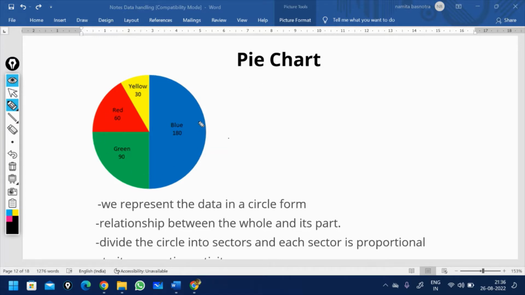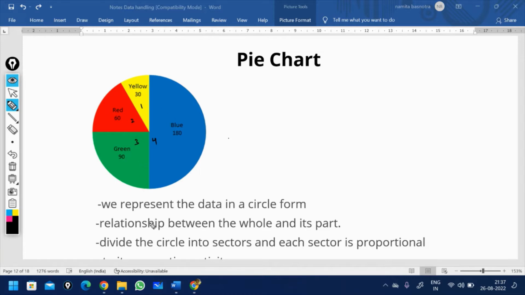And how much is the whole of a circle? That is 360 degrees, right? And how many parts can you see over here? We can see this is my first part, second part, third part, and fourth part. So there are four parts here, and then we infer the information and we draw some conclusion after reading the